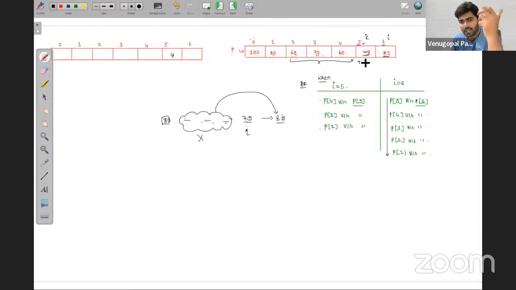So you please ignore these comparisons which you need not do, because I have already done them in my past. I found these 3 are smaller than me. Now I am smaller than you, so definitely these 3 are also smaller than you. So you directly go and compare with a value which is greater than me. Why only greater than me? Because it can't give any guarantee. If a value is smaller than 75, then it can give a guarantee, but if anything is greater than that, it can't. That is why it is saying that you directly go and compare with 80. So if I eliminate these comparisons, somehow I can reduce its time complexity. Is this point clear for everyone? Is this point clear?